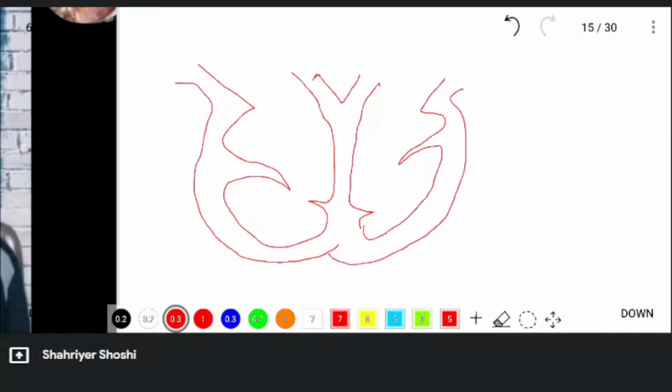A basic structure of a human heart. I know it's not very good, but it's an okay, basic structure. This is the septum,